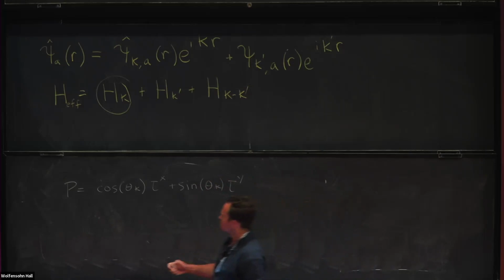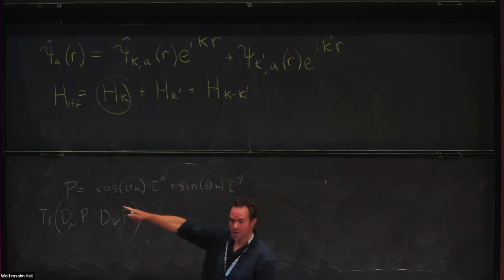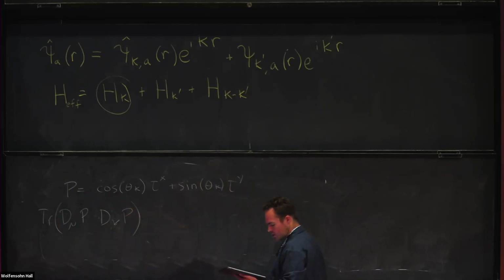And then what I can do is ask, what is the trace of d mu P d mu P? And it's an interesting exercise to just take this and then substitute in for that particular diagonal Berry connection. And what we get is this is exactly twice